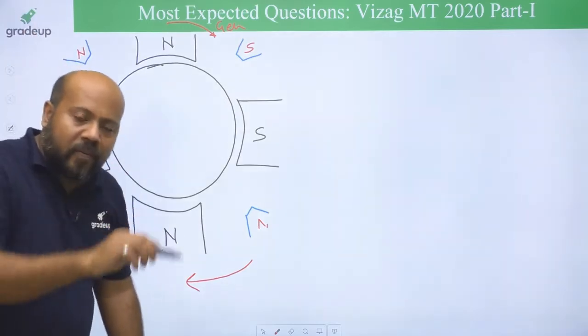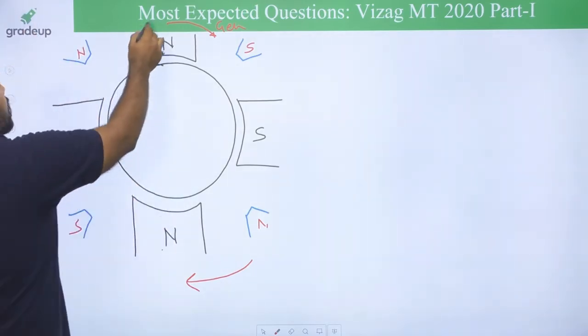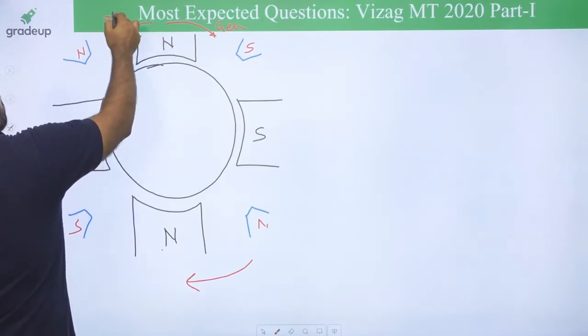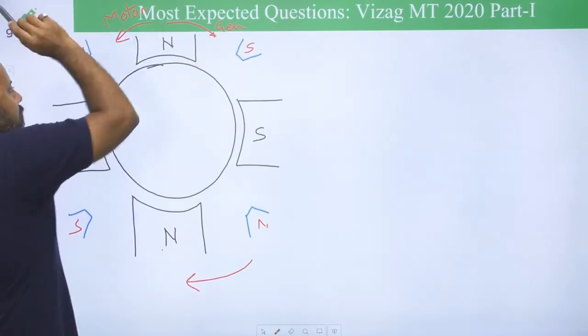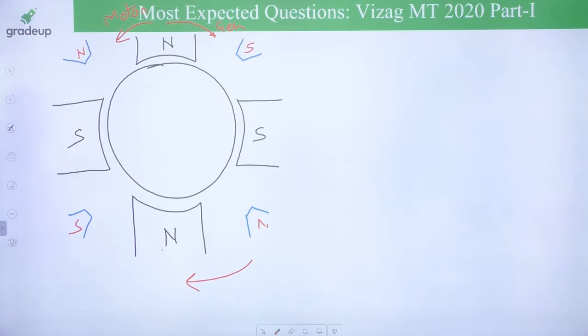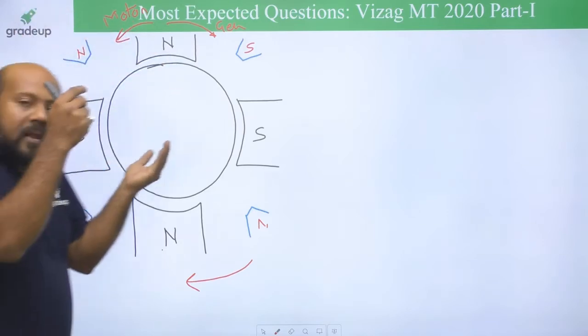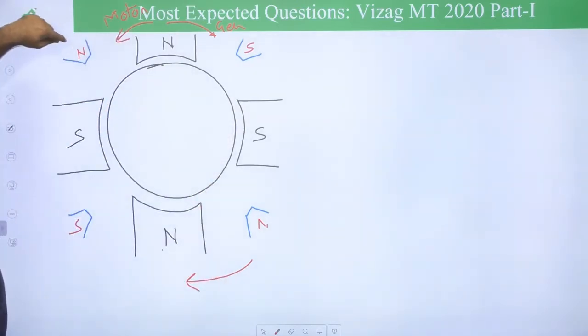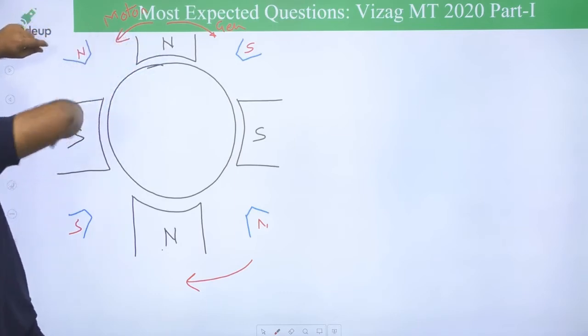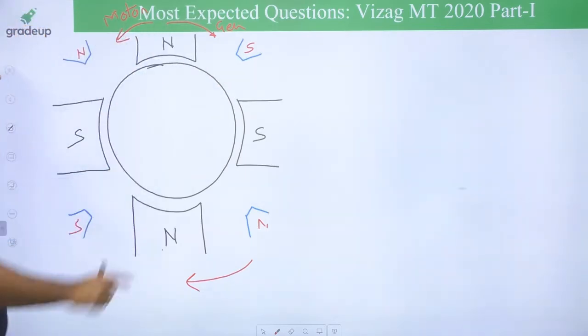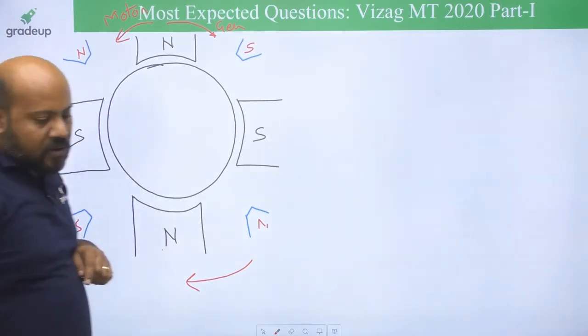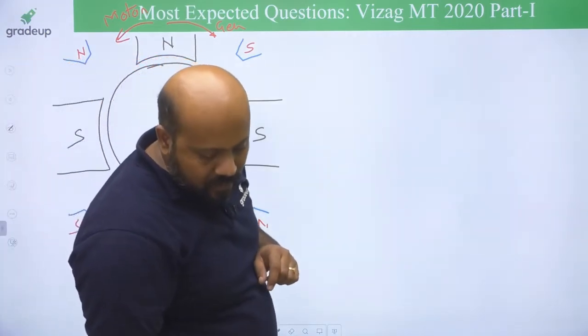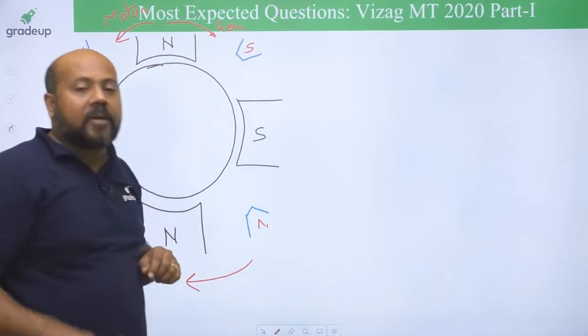If it is the case of a motor, the direction of rotation is opposite. Are you getting this? So if you are rotating in the motor direction, then you have to see the main field pole behind. If you are deciding the polarity of this pole, then it is going to be north, because in the direction of rotation you have to see behind, because for the motor it is reversed. So this is how you decide the polarity of the interpoles.